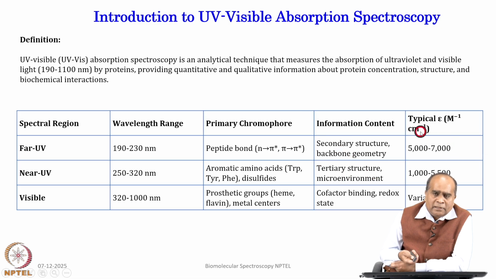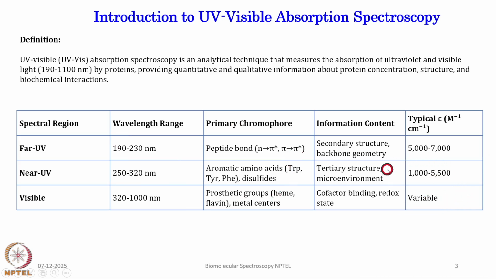The typical ellipticity is 5000 to 7000. Then in near UV, which is used for tertiary structure of the protein, the chromophores are aromatic amino acids such as tryptophan, tyrosine, phenylalanine, also disulfide. This tells about tertiary structure of the protein or microenvironment of the protein. So, near UV and far UV tell you about secondary and tertiary structure of a protein,